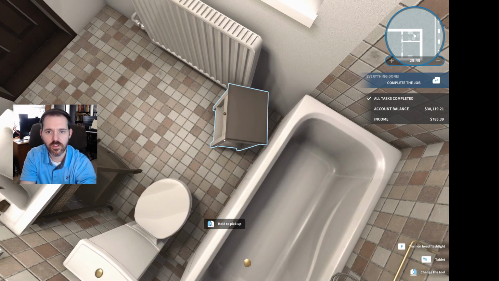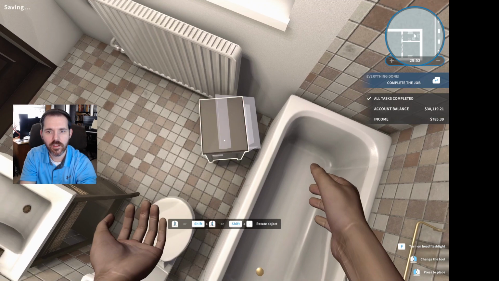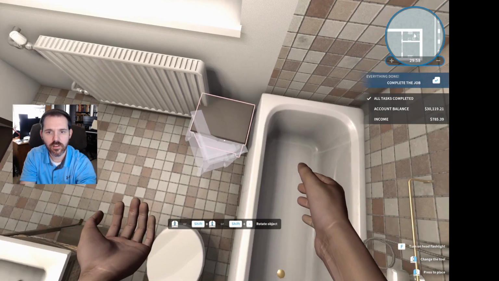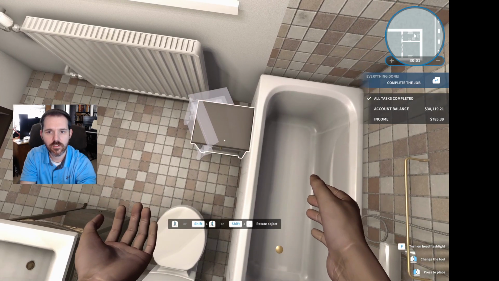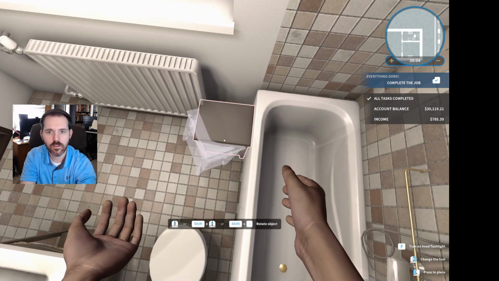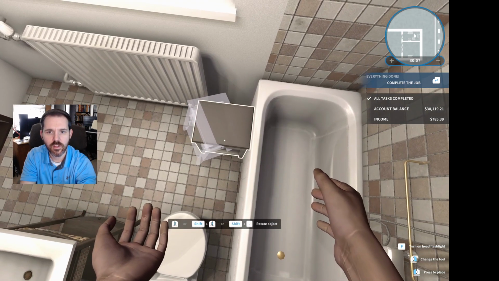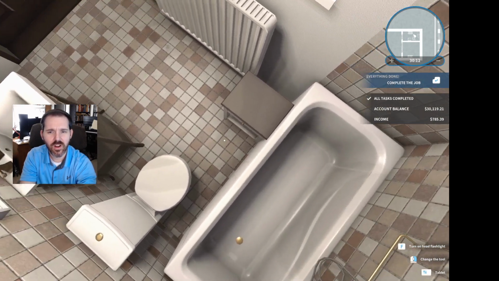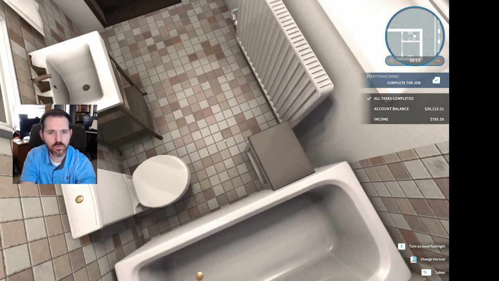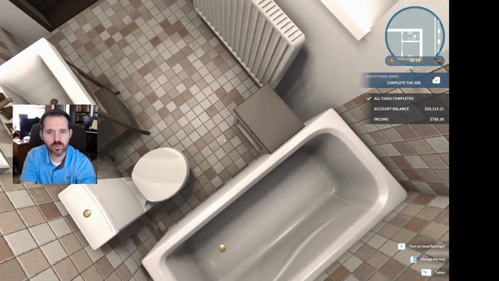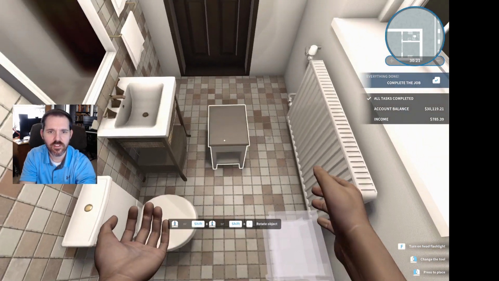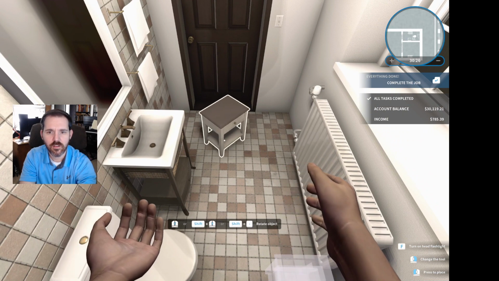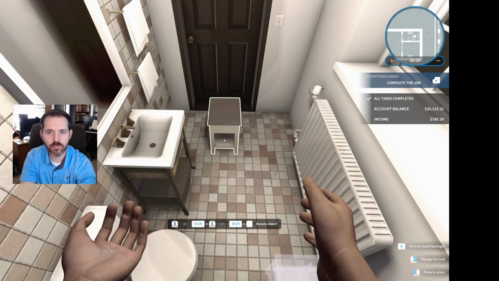So I'm going to take this table, and I wonder if I turn it this way, if it can go maybe right there. Okay, it doesn't fit there, but it does fit there. It's kind of a strange place for it. I wonder why they have this table in the bathroom. You know what? Let's put this table over here next to the sink. I think it will make more sense next to the sink. Looks like it belongs there. There's space for it.